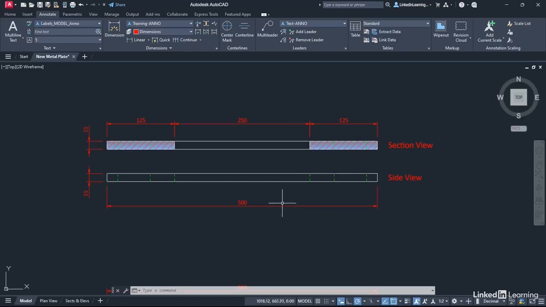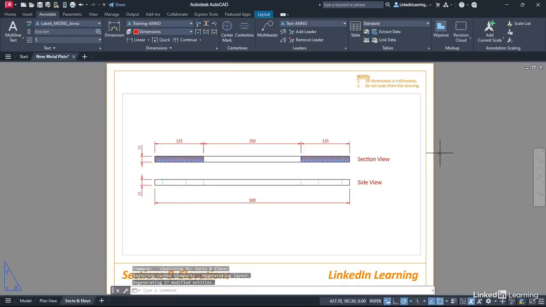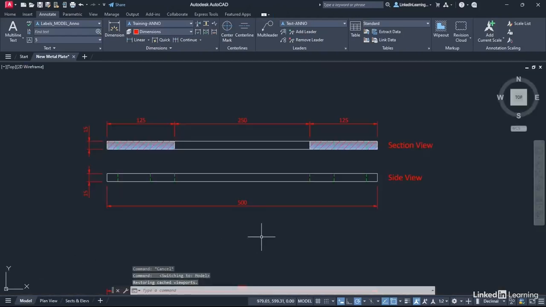And if I hover over the dimensions, can you see the new dimensions are also annotative because we're using that annotative dimension style. Now if I go back to the sections and elevations, they all display nicely in the viewport because the viewport scale of 1:2 tallies up with the annotation scale we were using of 1:2. I'm going to go back to the model tab one more time and I'm going to select the 3 new